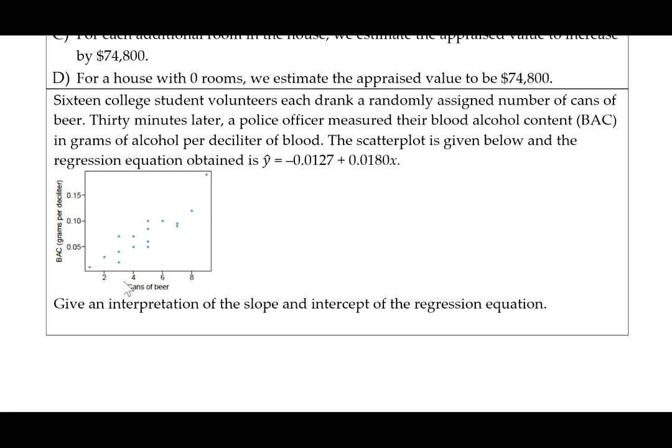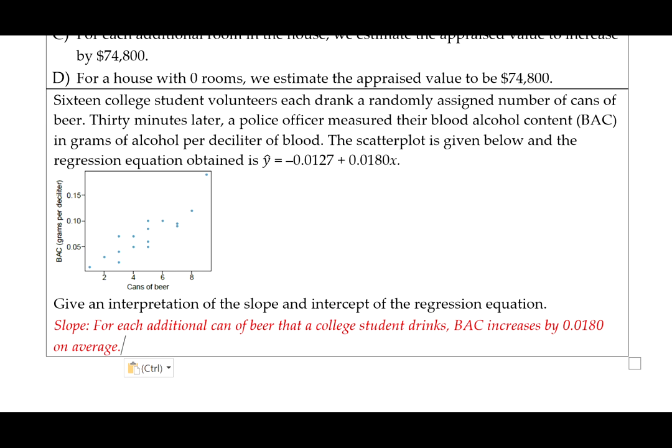You can see from the scatter plot here that our x variable is number of cans of beer, and our y variable is the blood alcohol content. So to interpret the slope, remember it is for each additional unit of x, so for each 1 unit increase in x, the slope gives us the expected or average change in y. So for this example, we would say something like, for each additional can of beer that a college student drinks, BAC increases by 0.0180 on average. We're using the value for the slope, which is the coefficient of the x term